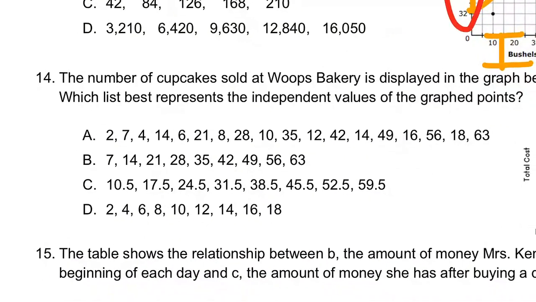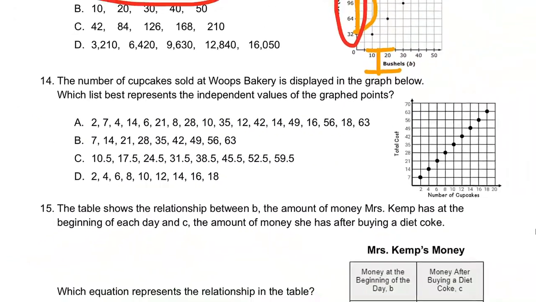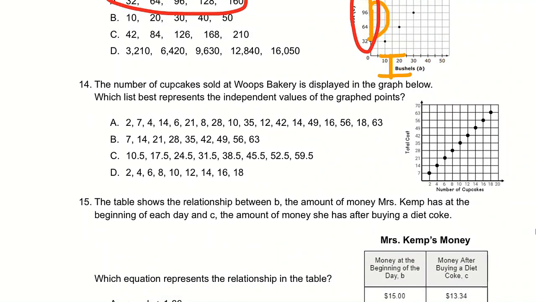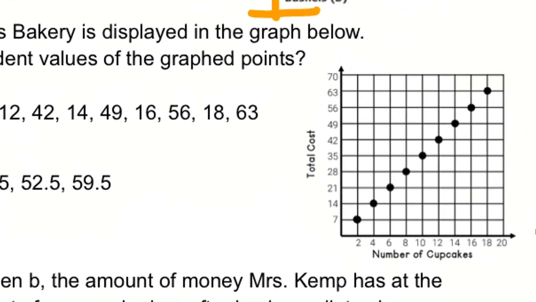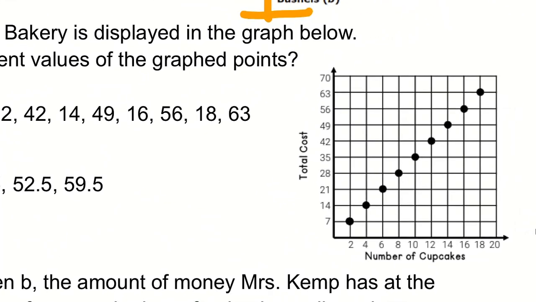Number next, which is 14. The number of cupcakes sold at Whoops Bakery, that sounds like Miss O's baking, is displayed in the graph below. Which list represents the independent values of the graphed points? All right, so what do we do when we see a graph? Everybody, we have to